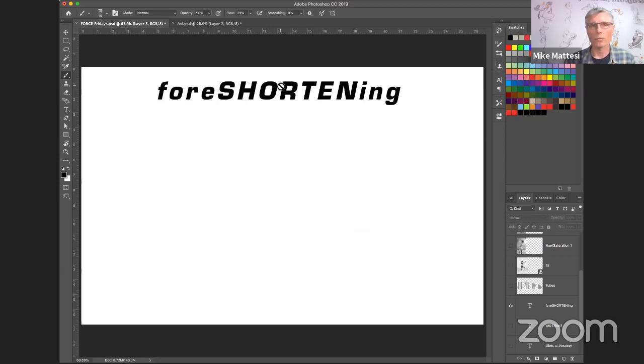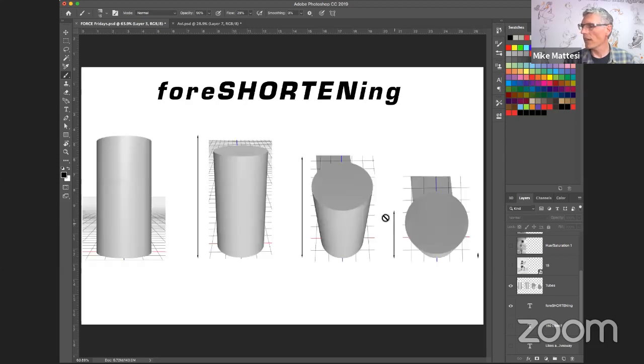Now, why is that? Well, my guess would be because our mind is accustomed to knowing how long things typically seem, like how long somebody's arm might be relative to their torso, right? It's a lot of proportion going on with foreshortening. So the idea of shortening is we're playing with proportions, and through the shortening, we end up perceiving that there's depth on the page. So I put this little diagram together to present this idea.